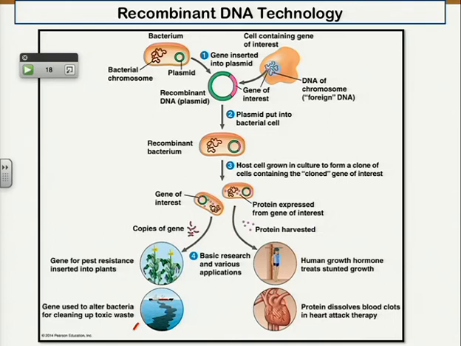So the way you get your gene of interest to be taken up by something that grows cheaply and quickly, like a bacteria, you're not going to introduce your gene of interest into the bacterial genome. That's far too complicated to deal with. Instead, you introduce your gene of interest into a small, autonomously replicating circular molecule that exists in bacteria as